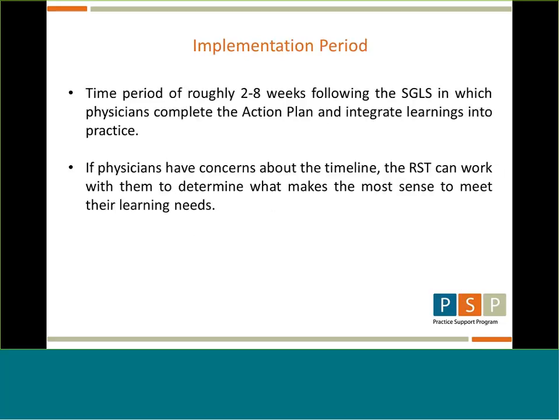So the implementation period, this is probably going to sound familiar. This is that period of 2 to 8 weeks following the session. Physicians can do the action plan and be compensated for this time. The timeline is intended to ensure that physicians are seeking to integrate their learnings into practice when they're still fresh